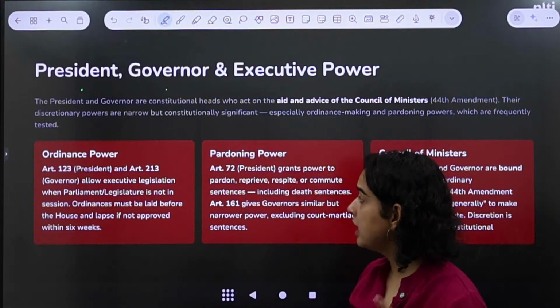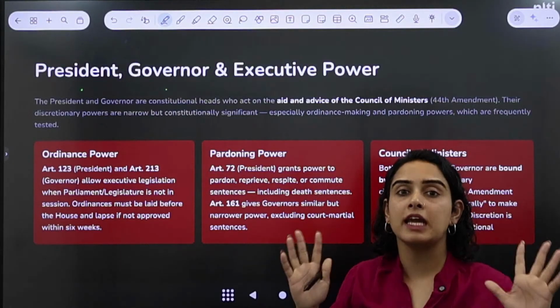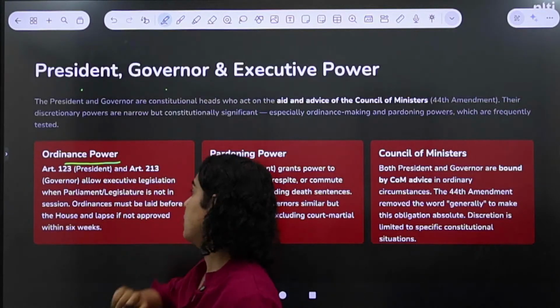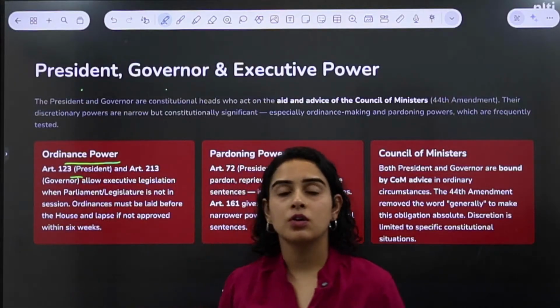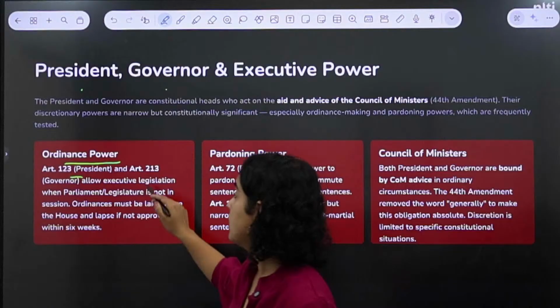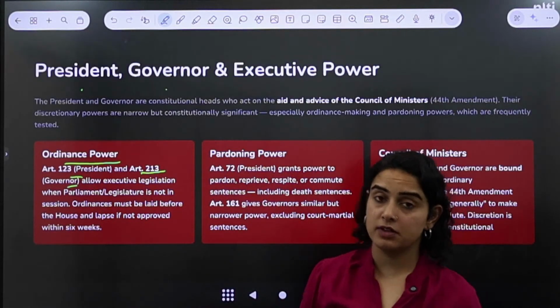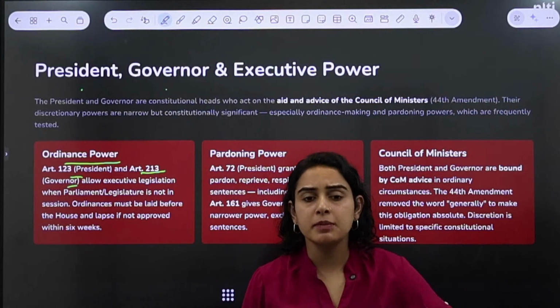And now they have a few powers. They have some powers which only they can use. First is called ordinance making power. Now, Article 123 talks about ordinance making power of the President, and Article 213 talks about ordinance making power of the Governor. Now, what does it mean? Let's understand that. Ordinance making power here means, see,